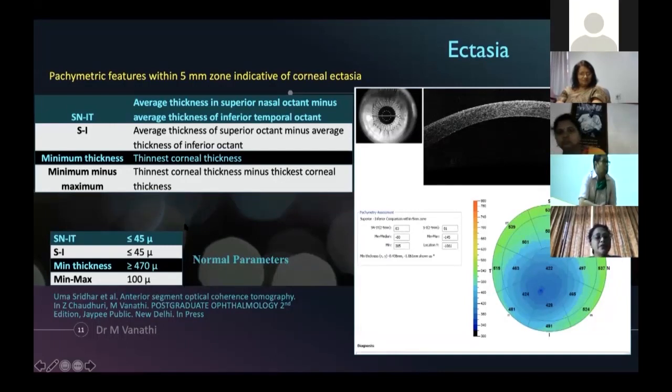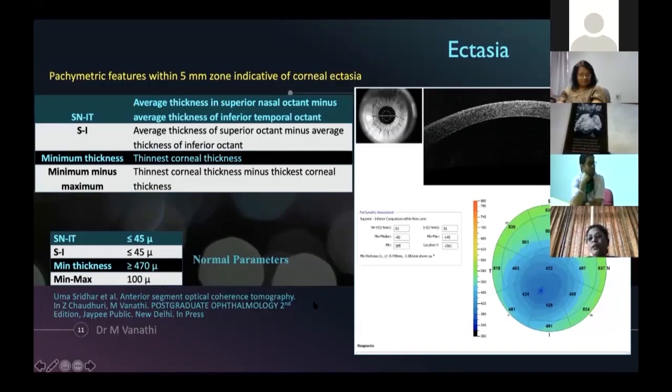So normal parameters: the supranasal infratemporal is lesser than 45. Again, the superior and inferior difference is usually lesser than 45. The minimal thickness is above 470 microns, commonly in normal, and the minimum and maximum difference should be around 100